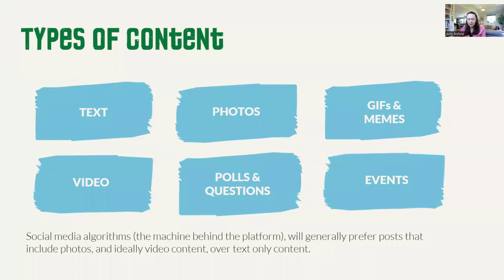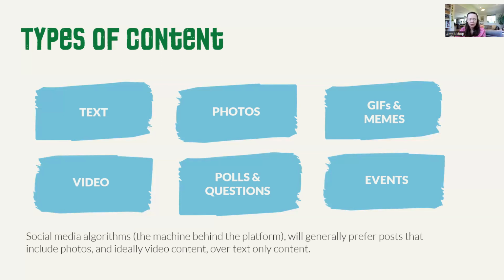So when we talk about content types, all the different types of content that you can post on social media, we just mean the different ways that you might share information. There are lots of different types of content. Here's just a few of them. And it's helpful to post in different ways over time, so keep it mixed up. You could have little text posts, or you could include photos. You could post GIFs and memes that bring you back to something current that people are talking about online. Videos, you could ask questions, you could run polls, you could post your events.